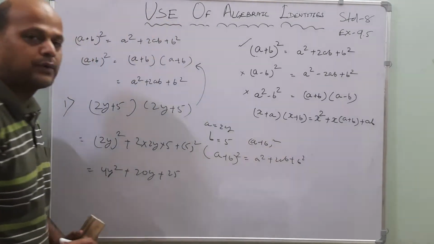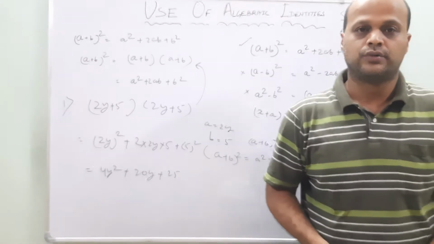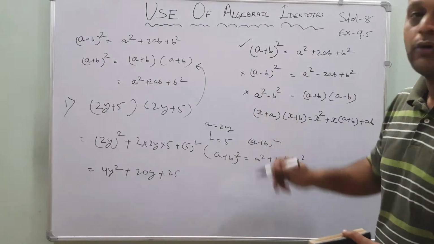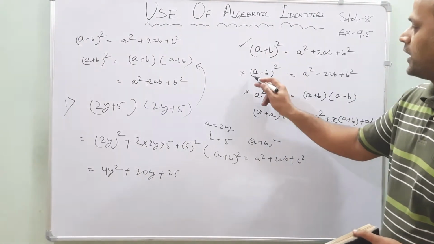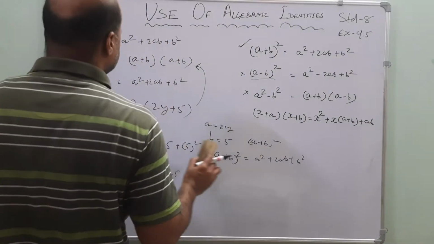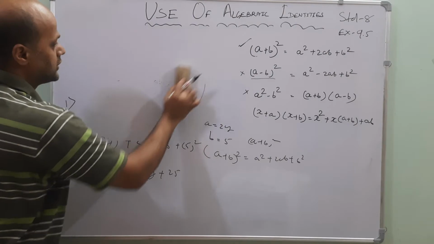Like this manner, you have to solve all the given questions in your book. Okay? This is the plus case. This is (a + b) whole square. How you are finding it? Let's go for what? (a - b) whole square. Okay? Let's take an example from your exercise. It is question number 1. I will erase this one. Okay?